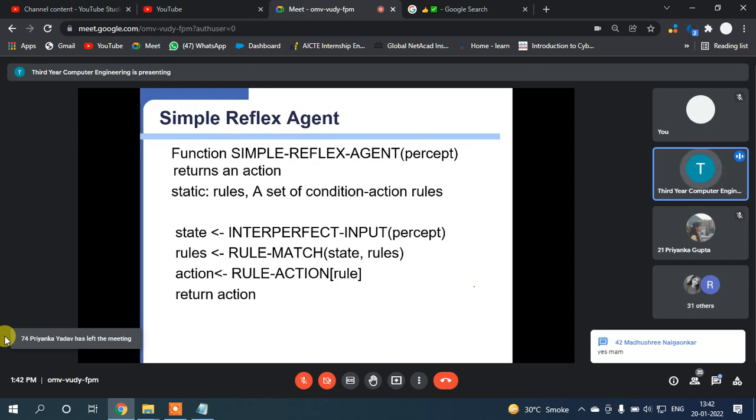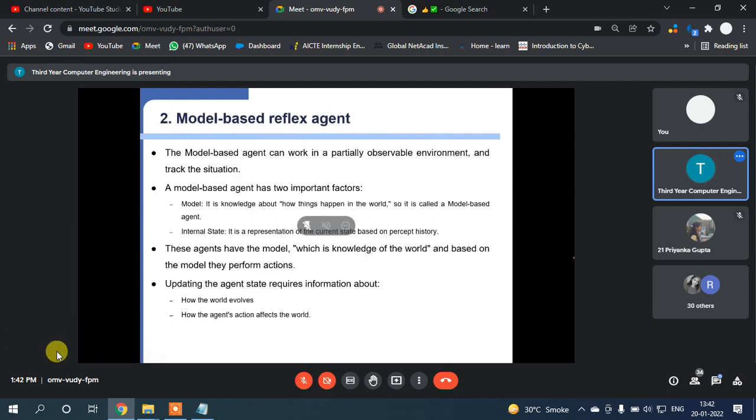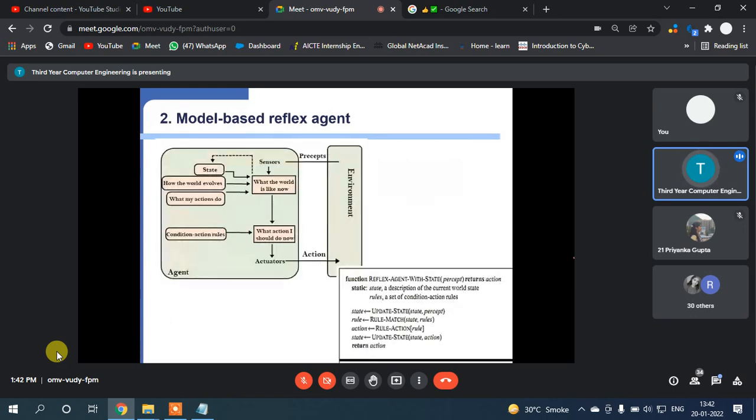सेम फंक्शन राइट किया है यहाँ पे, वही दिया है कि if that perception gets imperfect, then rules वो मैच करता है with the states and rules, then action will be performed based on that rule. Then we have seen the model based reflex agent. Model based में क्या देखा था हमने,